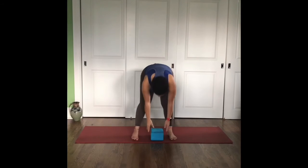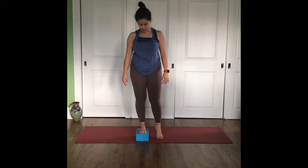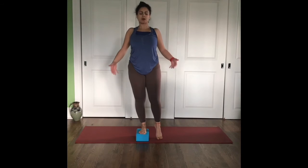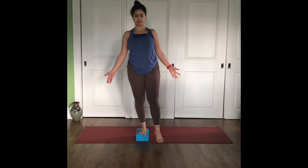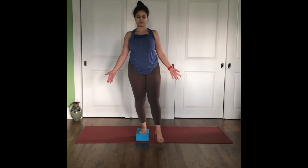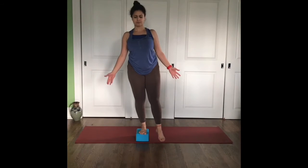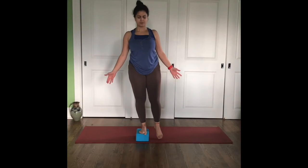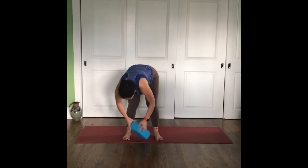Go ahead and remove your block, switch it to the other side. Feel your weight sinking down to the block, lift your heart. Arms by your sides, palms facing forward. Point the toes, start to draw the circles. Point and flex. Inhale to pause. Exhale, lower it down, move the block out of the way,